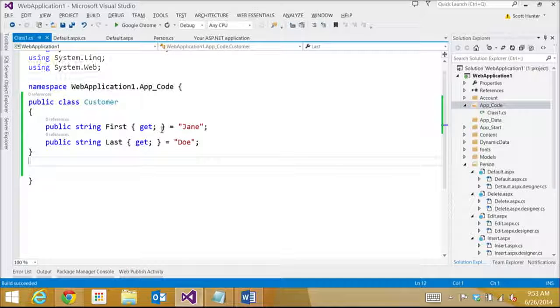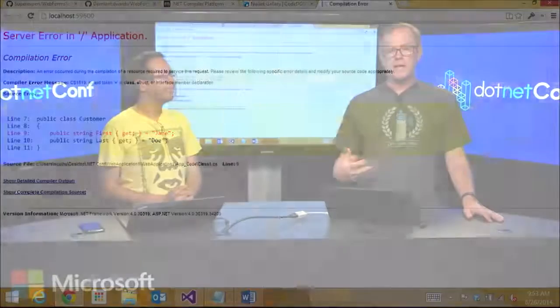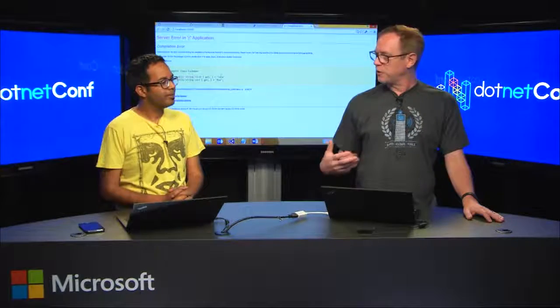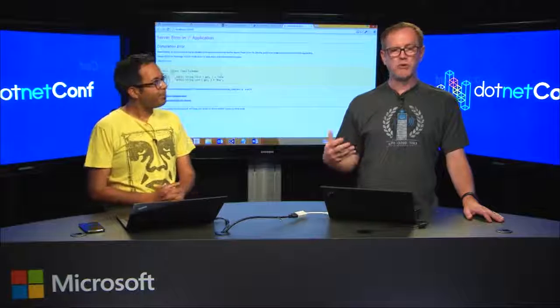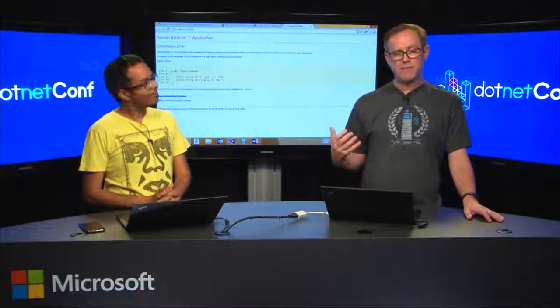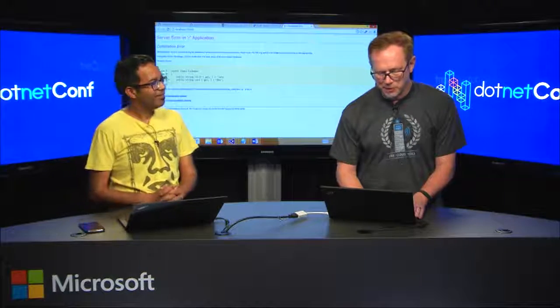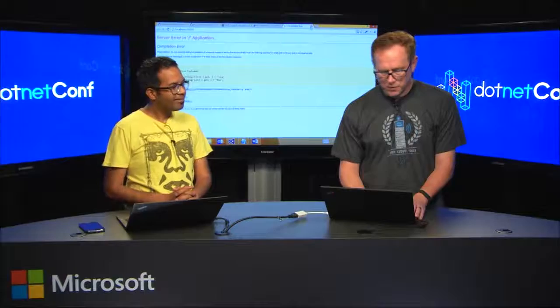We'll compile it. It will appear to work fine. And I will run it, and it doesn't work. The reason it doesn't work is because inside of ASP.NET, when we start trying to compile your application, we use this method called CodeDOM. And that uses the old compilers, and so it doesn't use the new features. And so if I want to enable this, what I've got to do,